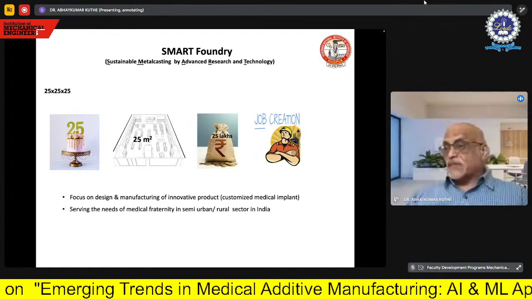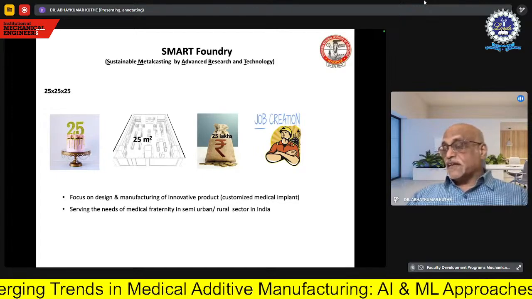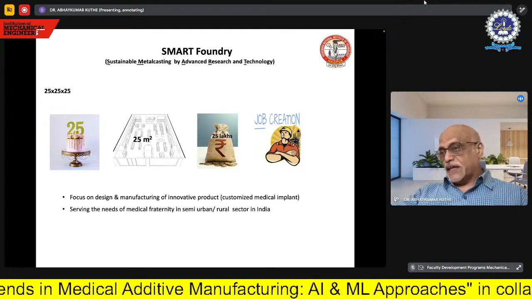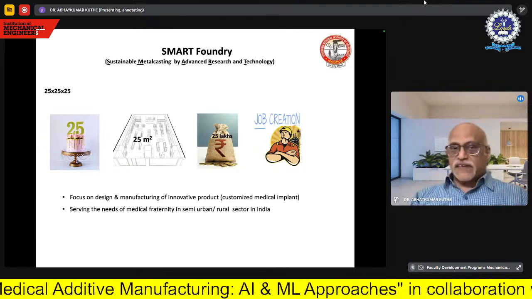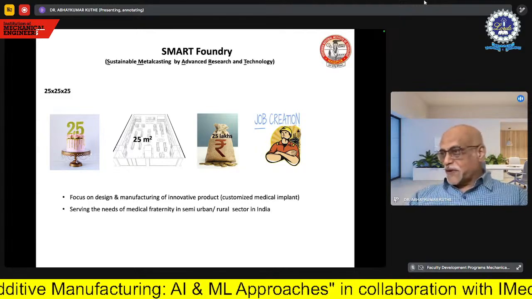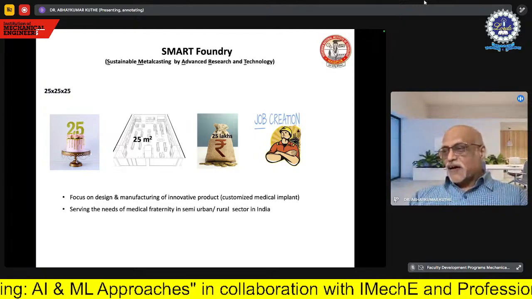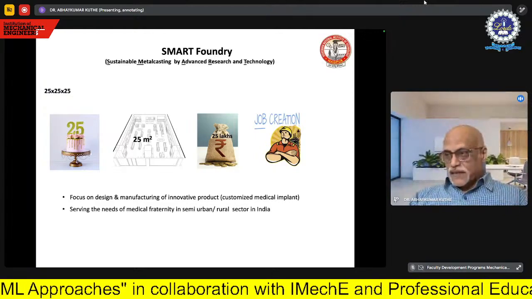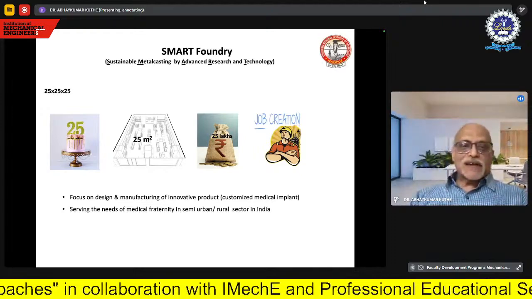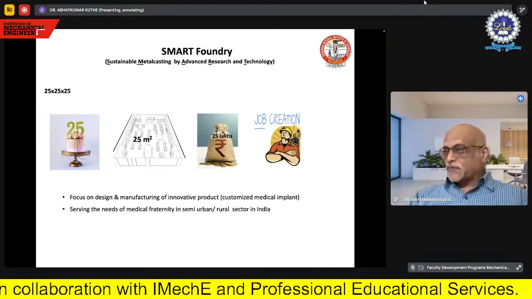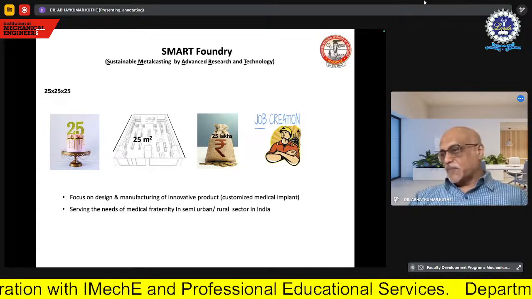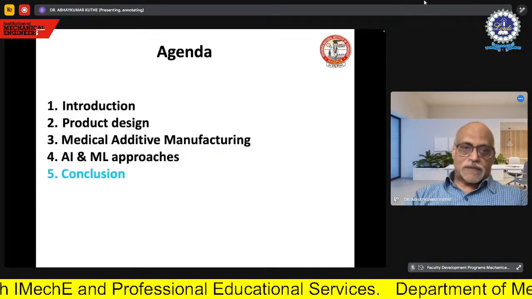But as they don't have the ecosystem, their concept remains there in their mind itself. But if such a 25 by 25 by 25 unit is available in every town or village, I think the doctors can always show how that is feasible, and then ultimately the implant manufacturing is possible to proceed further.